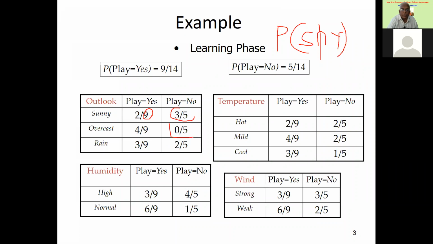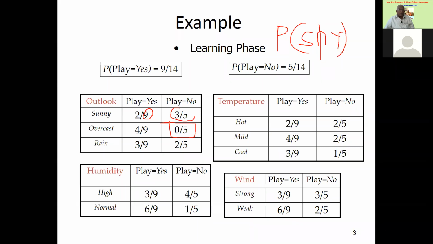Now here you will find one very important thing, that conditional probability is happening to be 0. Now when conditional probability is 0, it means probability of intersection is 0. And when one conditional probability is 0, the other conditional probability will also be 0. So we have to tackle this case very differently. There is a different formula for this, we'll see later on. So this is one kind of association.